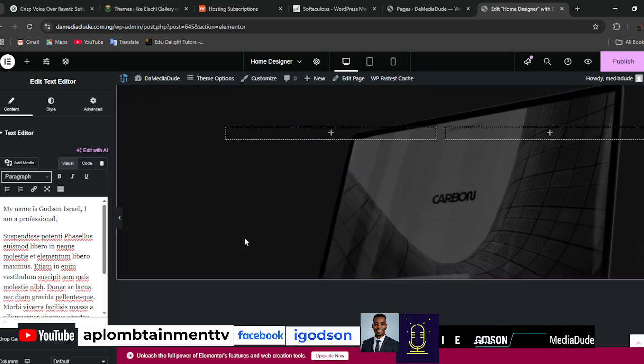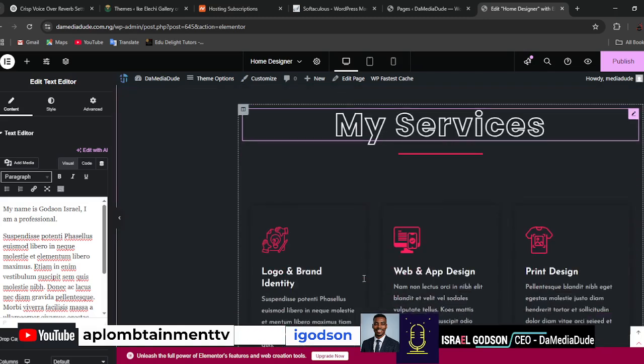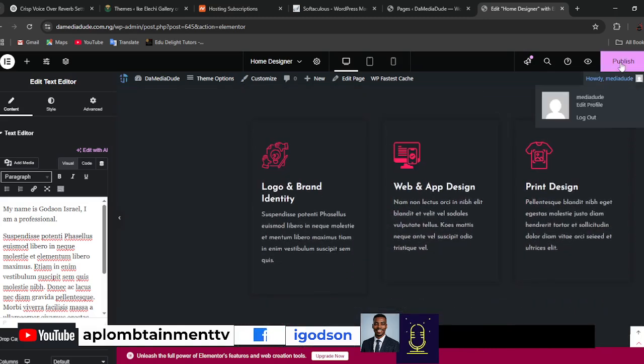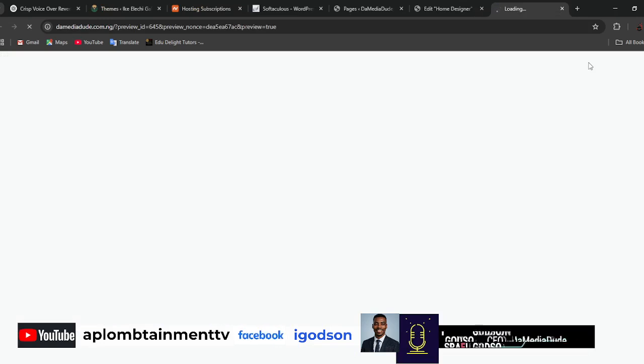You can decide that you want to add an image. So I'm going to really take time on showing us how we are going to be building this kind of homepage from scratch, because I think a lot of us need that from scratch. But majorly you can see that with your Elementor you can actually do a lot of things with an existing template. So here I'm going to publish this, and to quickly view, just use this eye preview changes here, and voila,